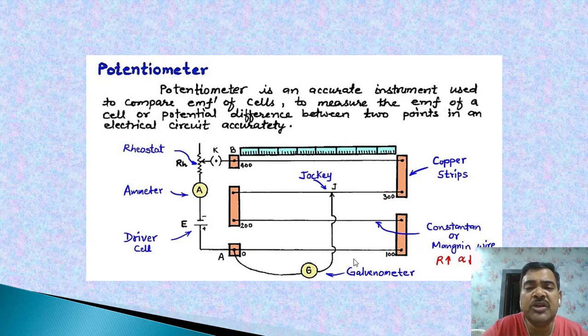But a potentiometer works on the null deflection method. Null deflection method means what? It measures the potential difference when the current drawn from the circuit is what? Zero. See in this circuit from A, B, C and D, here 400 meter. We have different types of potentiometer. We have in the laboratory a 10 meter wire. Here in the diagram, 400 meter.